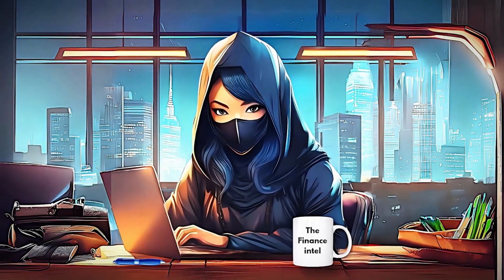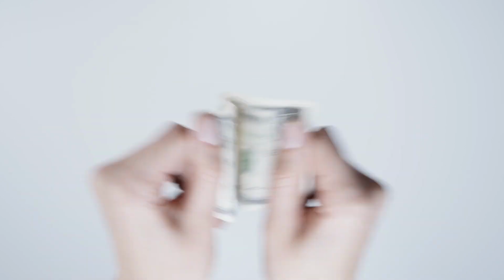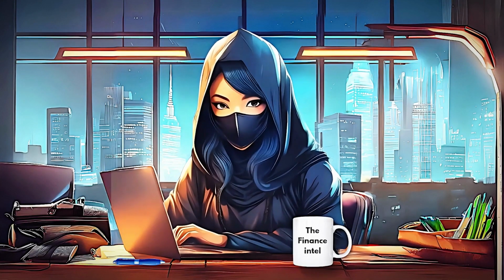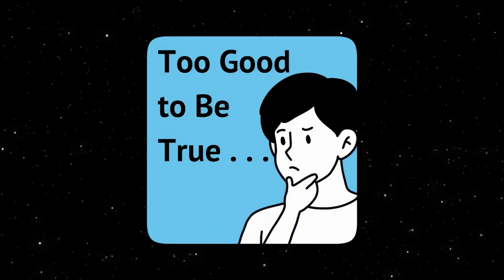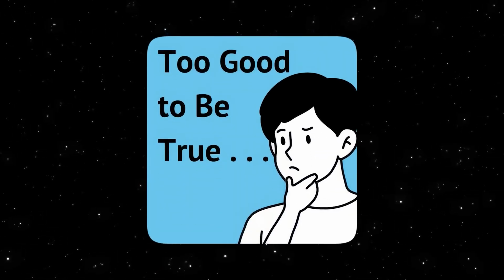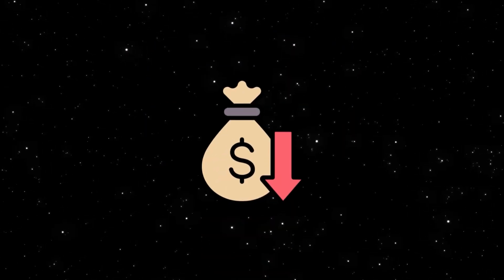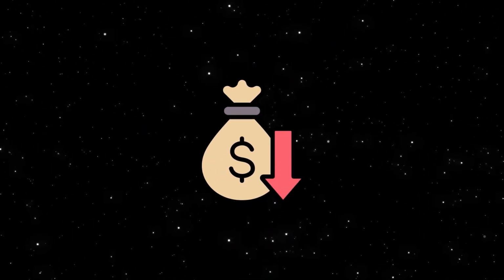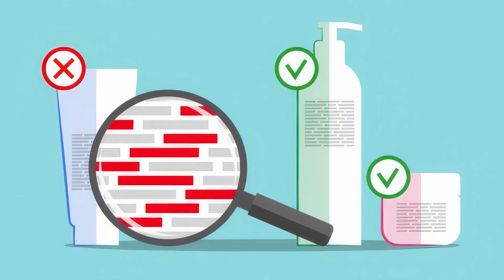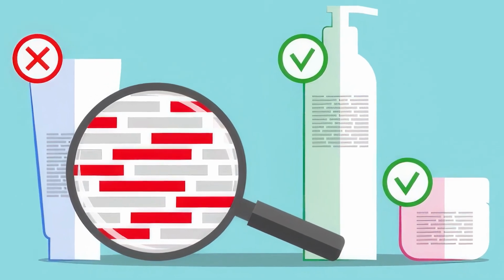Now, number 6 is setting unrealistic prices. Now, this is a bit tricky because if you price it too high, people might feel it is not worth it. I remember when I sold a very low ticket offer, and getting my first set of clients was quite difficult, in the sense that people felt this is too good to be true. How can you offer this much value and put it at this little price? Is this real at all? Are you going to live up to our expectations? So people might think it's low quality if you price it too low.